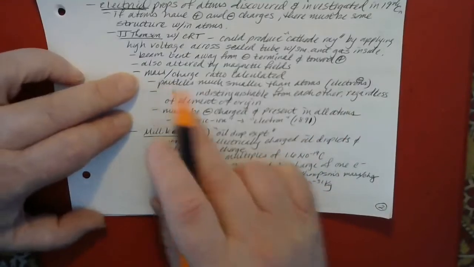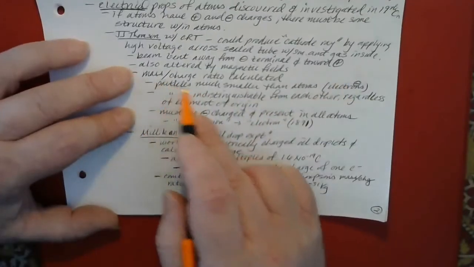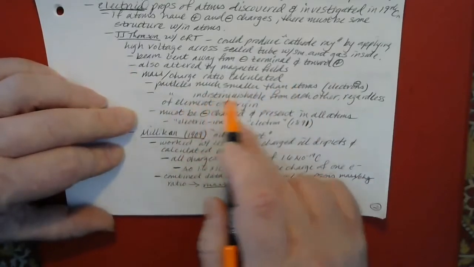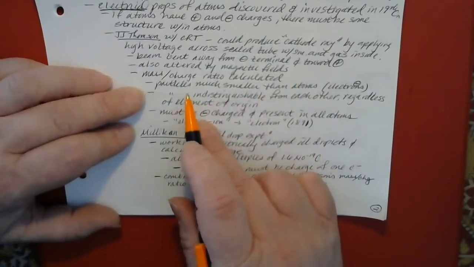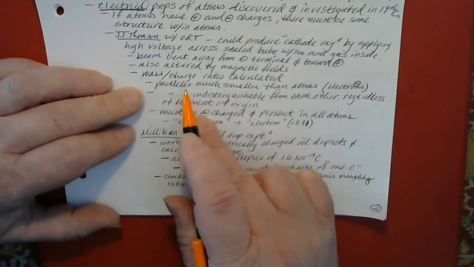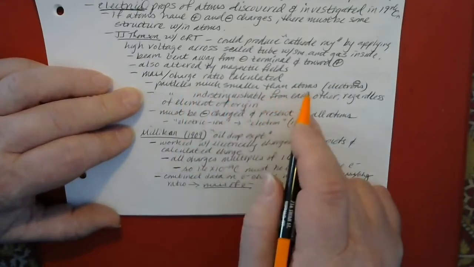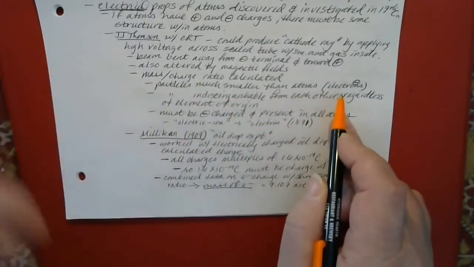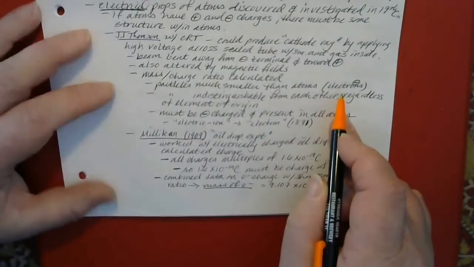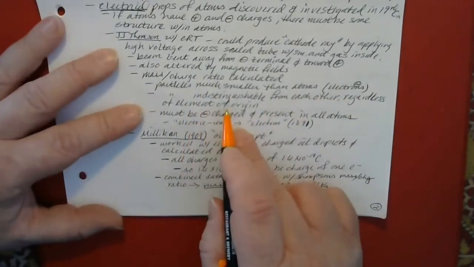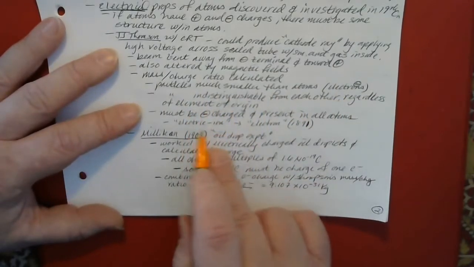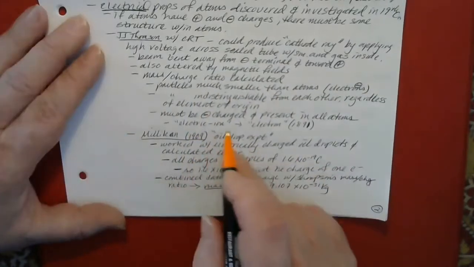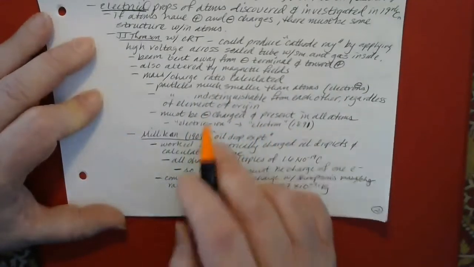He calculated the mass to charge ratio of the particles in the beam. And he found that in terms of mass, the particles were much, much smaller than atoms. And this is what was eventually named the electron. The word electron was derived from the words electric ion, sort of contracted into electron, and that was 1891.